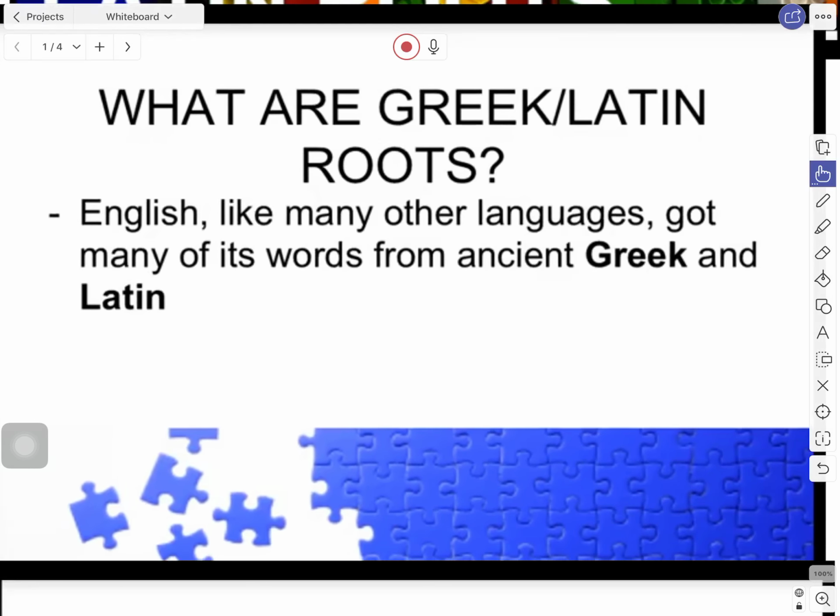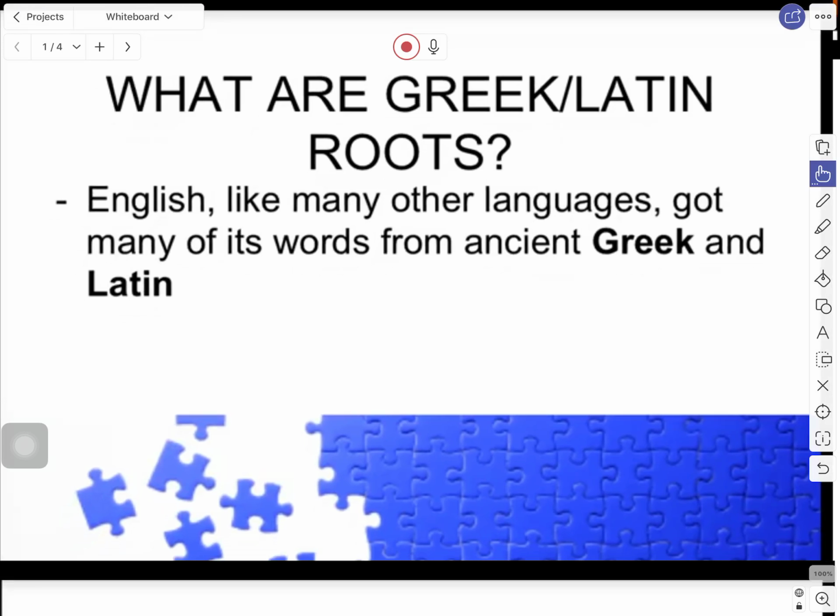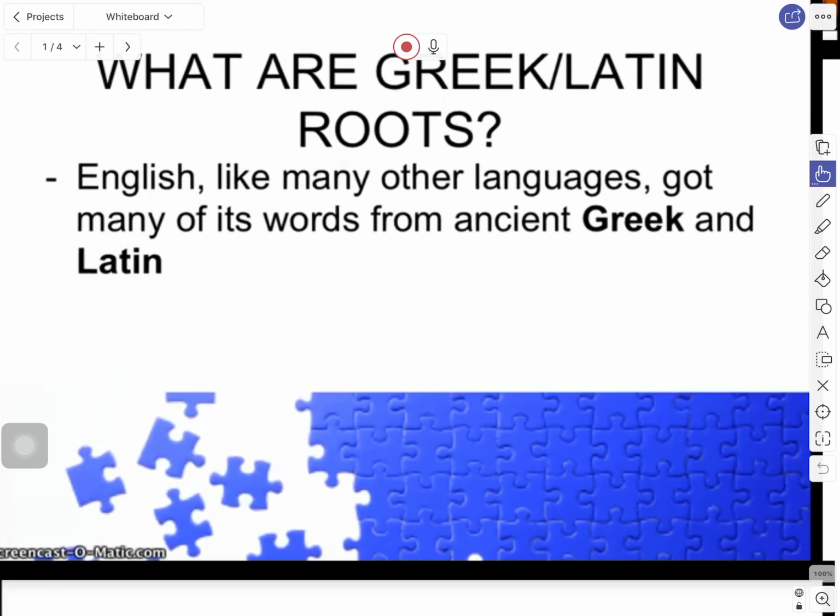So what are Greek and Latin roots? English, like many languages, got many of its words from ancient Greek and Latin. Greek and Latin have been around much longer, and so English kind of stole a lot of those pieces and incorporated it into their language. So the puzzle pieces. A root word is a little small piece of a word, kind of like a puzzle piece, and it means something, has a general meaning or a theme. But when put together with other pieces of the puzzle,